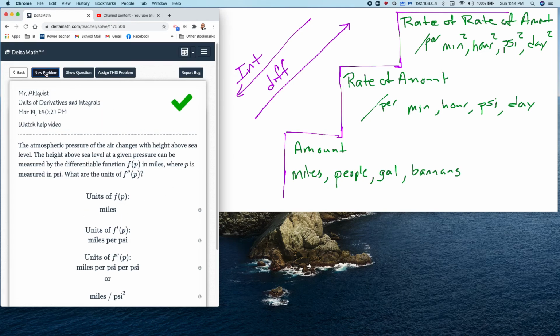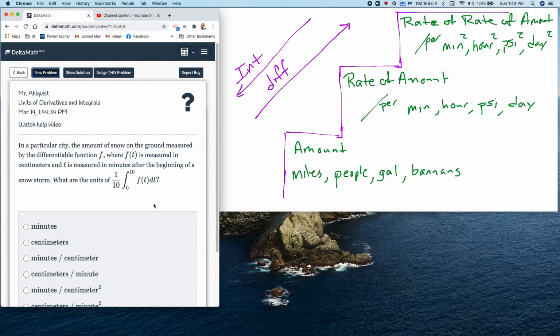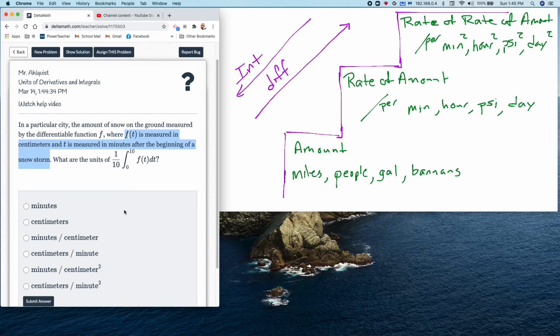Let's see if I can find one that moves down the steps. So take something like this. Now this is an interesting one. So you've got to think about what this is. Let's just think about what the integral is, just that part. Notice that it says f of T is measured in centimeters and T is measured in minutes after the storm. So notice that we're dividing by some sort of a minute, but this is really walking down a step, and this is canceling that down a step. So I think this is going to be measured in